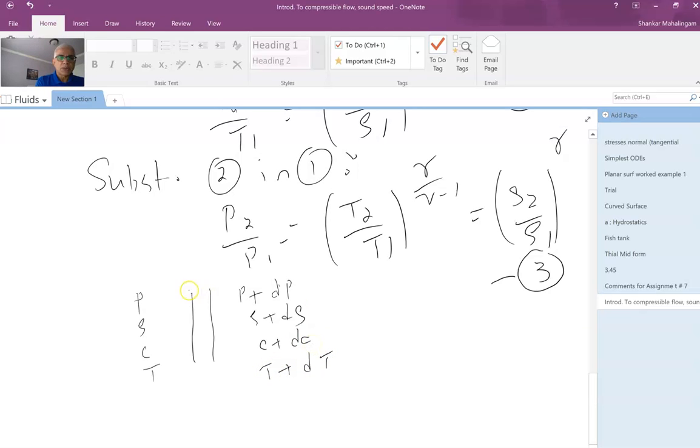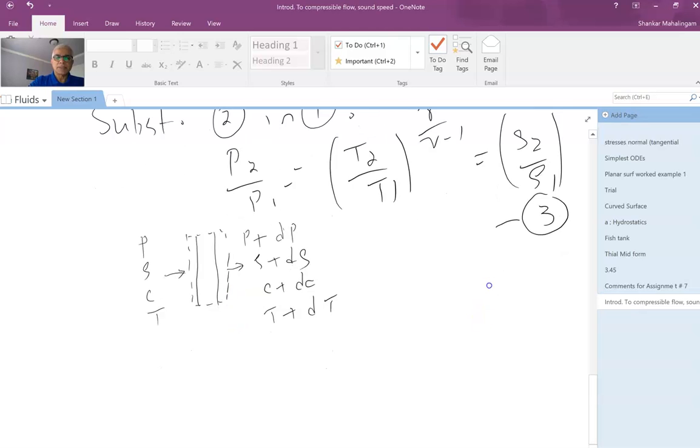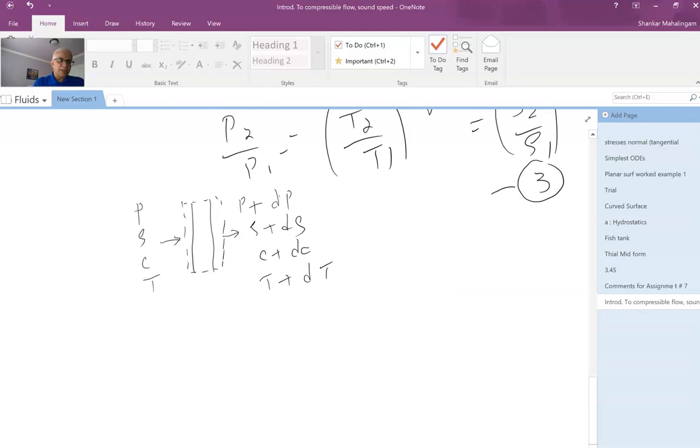I can imagine a control volume around this one-dimensional sound wave, and we know how to do control volume analysis for a one-dimensional problem. We can make this a stationary wave, so the fluid is coming in on the left side and leaving on the right side. So we are in a reference frame attached to the wave itself, which is moving at the speed c. So if you apply conservation of mass,